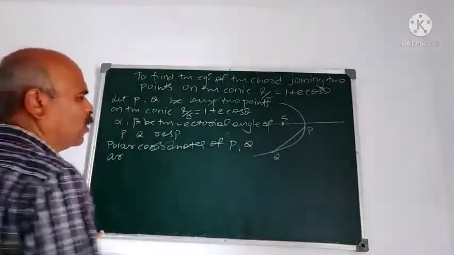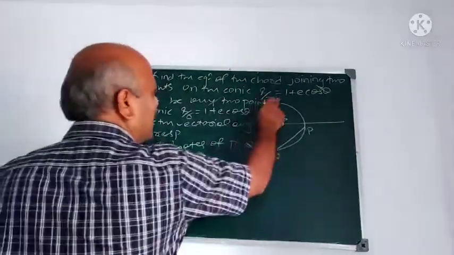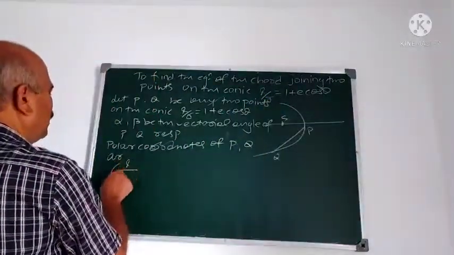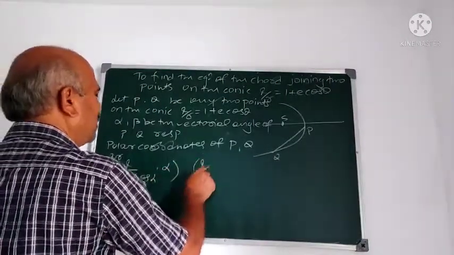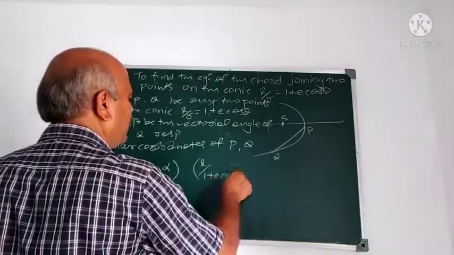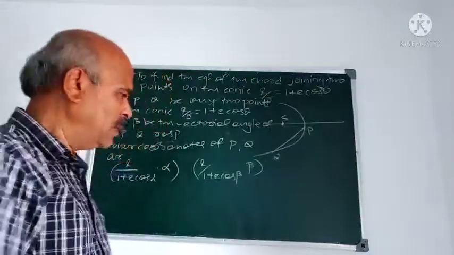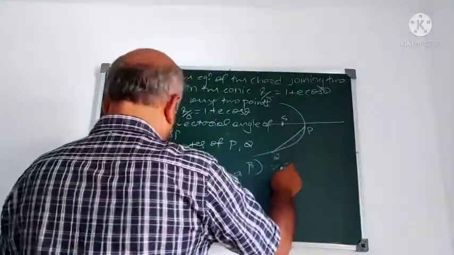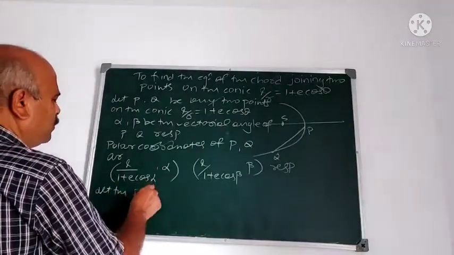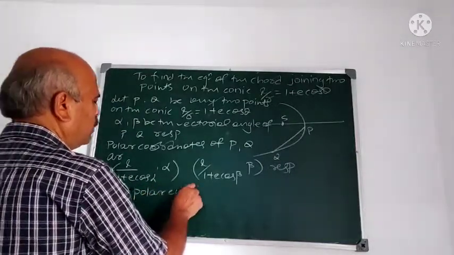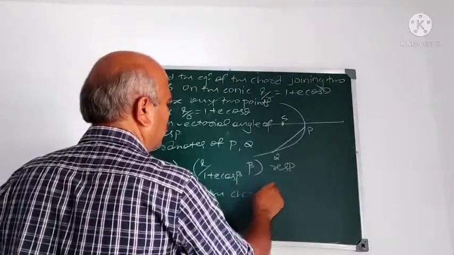So what are the polar coordinates of a point? R and theta. Here R means L by 1 plus e cos alpha, and alpha. For Q it is L by 1 plus e cos beta, and beta. They are the polar coordinates of P and Q respectively. Now let the polar equation of the chord PQ be